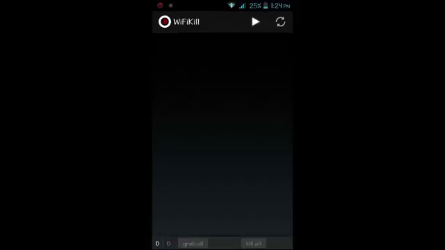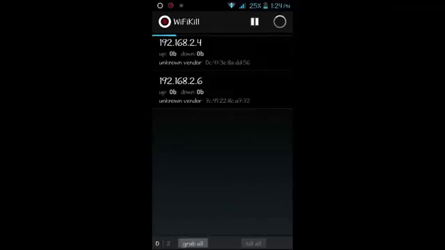So guys, the last application is Wi-Fi Kill. You may be wondering why I kept it in the list. I kept it because it is old, but it works quite fine, and that's why I use it. You can start it by clicking on this play button, and it will start detecting the devices which are connected to your router. You can see until now it has detected about 2 devices, and the search is still going on, so it takes a little time and we have to wait for it.